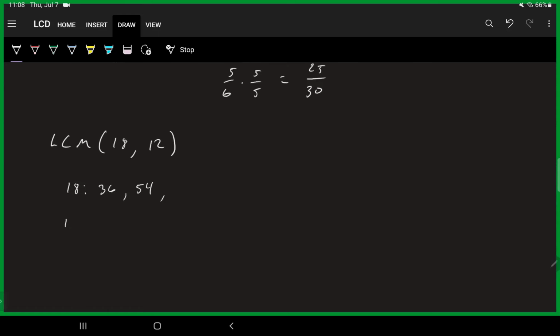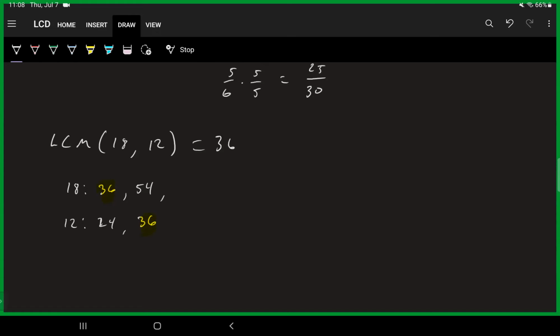But I know that if I look at 12 times 2 is 24, and 12 times 3 is 36. Hey, wait a minute. I think we have a winner there. 36 is the same number. I'm listing off multiples, and I want to get the same multiple because it's a common multiple, so 36 works. We can keep going, and 72 shows up, and that would work for both, but that's too big. So the LCM of this would be 36. This method works really quickly for 18 and 12, but for other numbers, we might have to list off dozens before we can find anything.